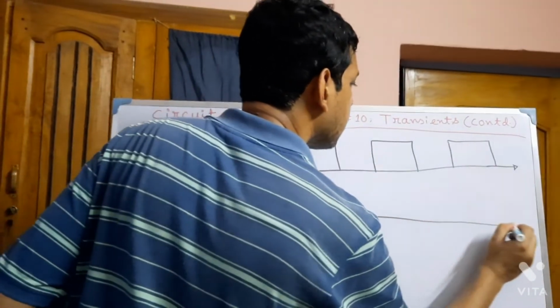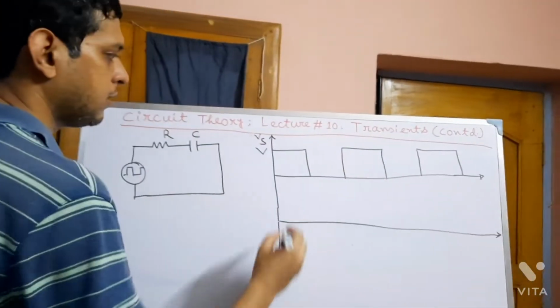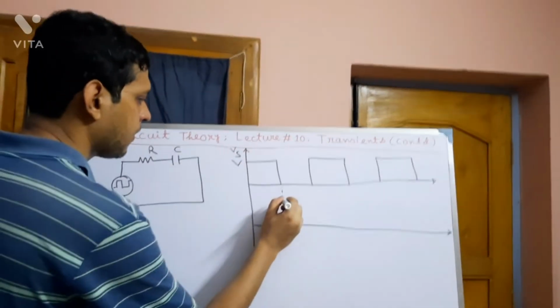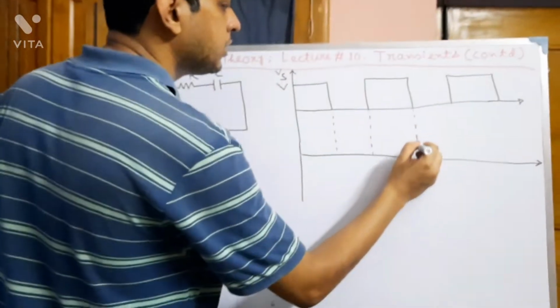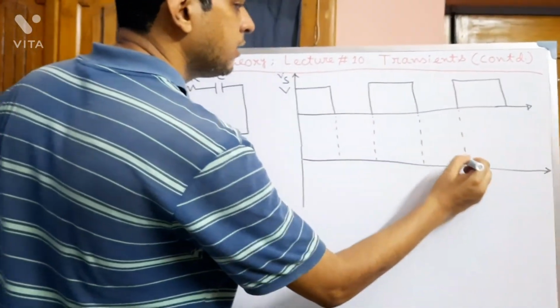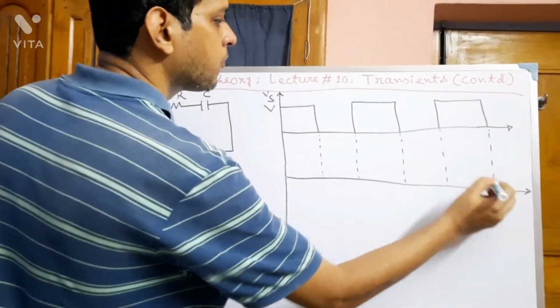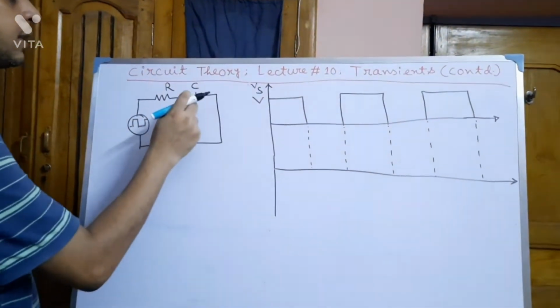Okay. Now the voltage across the capacitor will vary in this way. Say initially the voltage